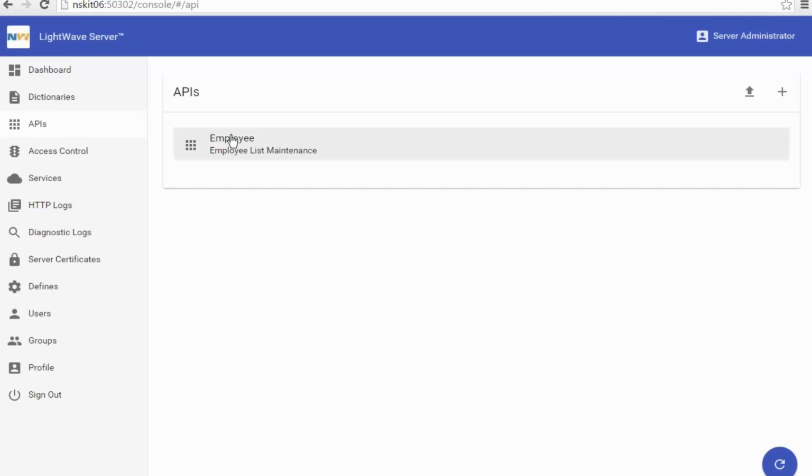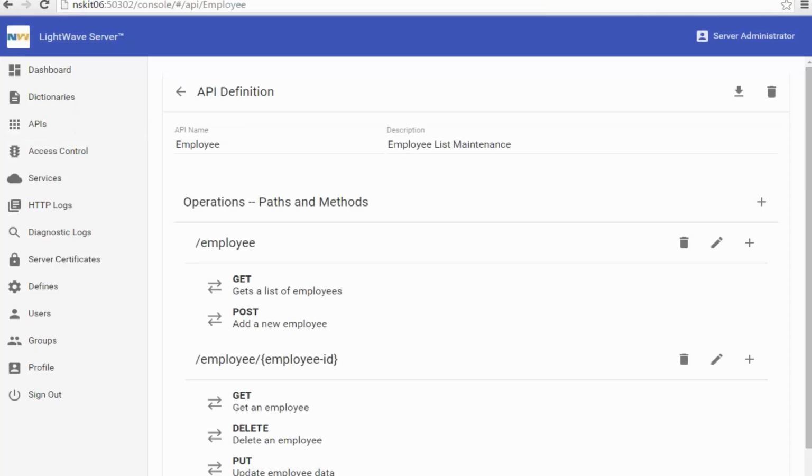Here's what the complete API looks like. We've got 2 paths. Employee, which is a resource collection with 2 methods. Get, which returns a list of all employees, and Post, which creates a new employee. That's the one we walked through all the detailed steps on earlier. We have a second path,